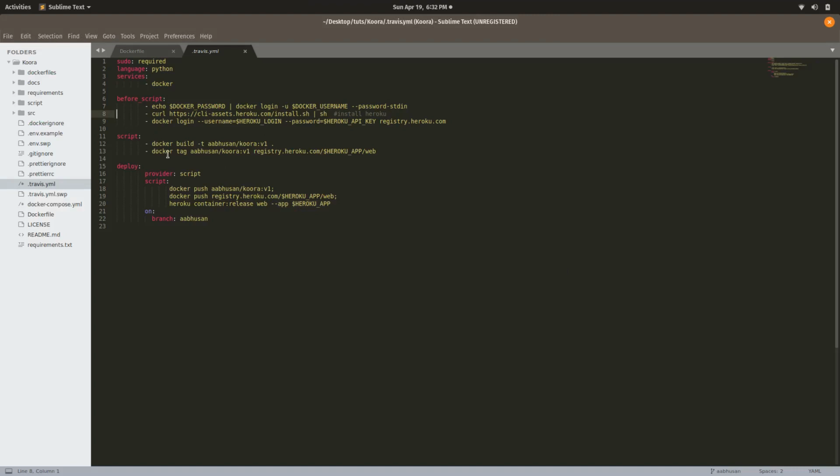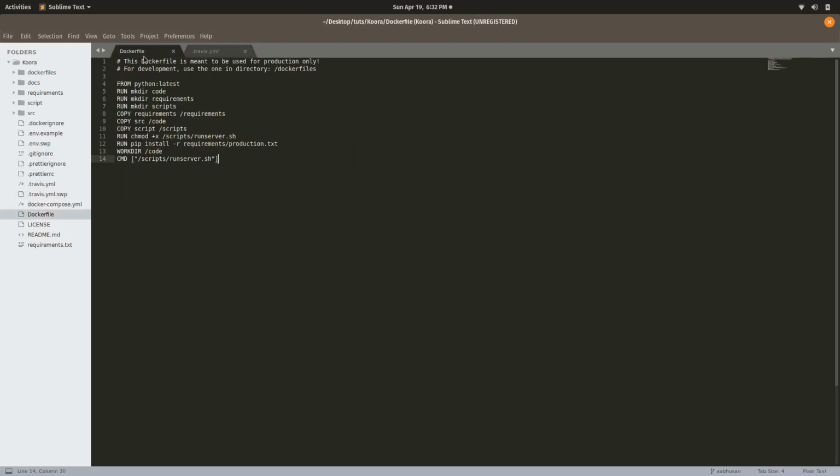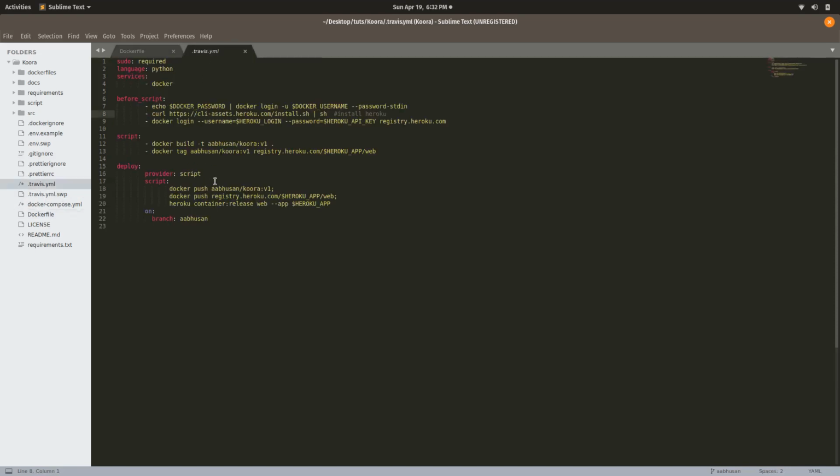And in the script what we have done is that we have just built the Docker image from this Docker file, and we have given that image the name abushan/quora with the tag version 1.